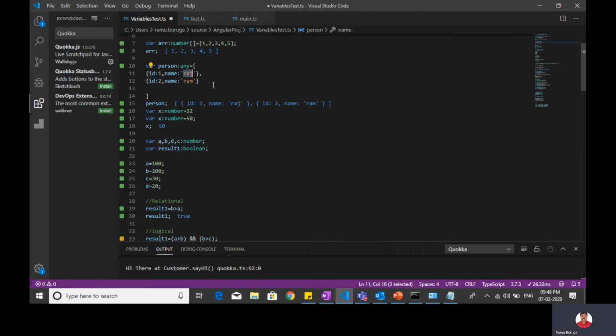So I have mixed combinations of variables as one entity. This way we can assign it by using any. One set, comma, again you can keep increasing.